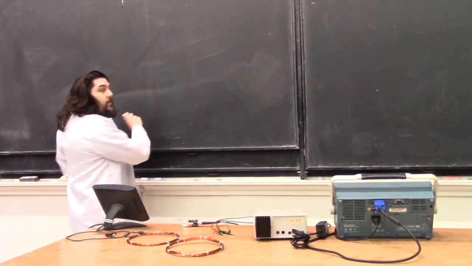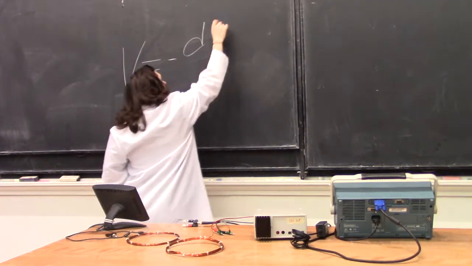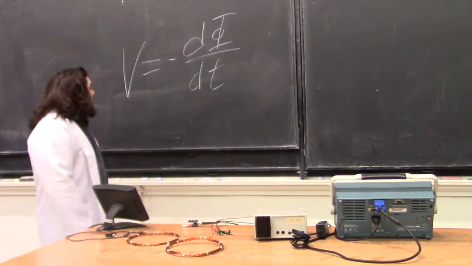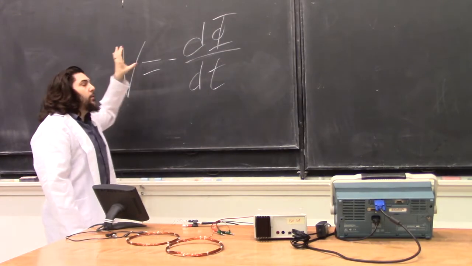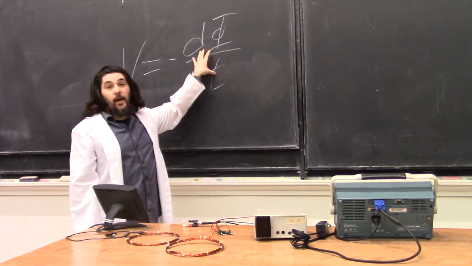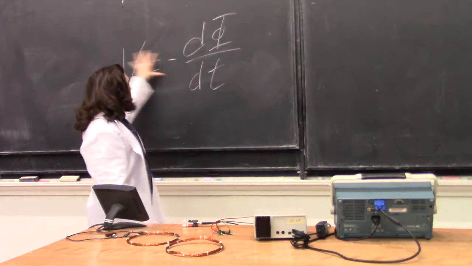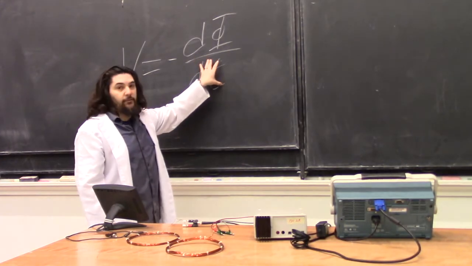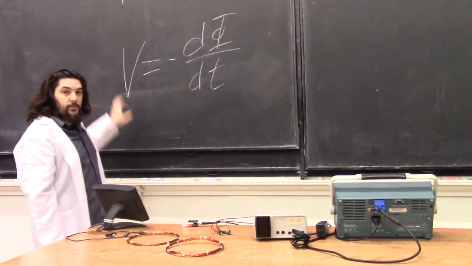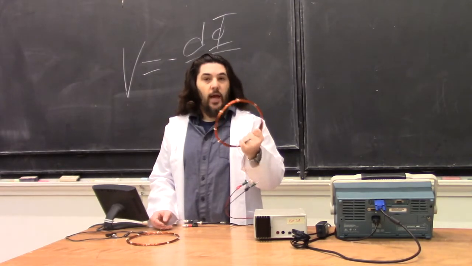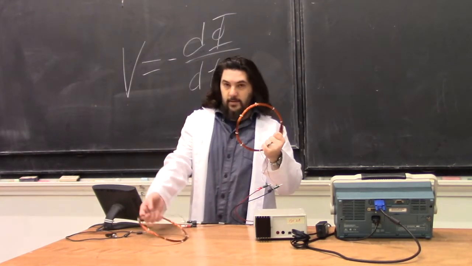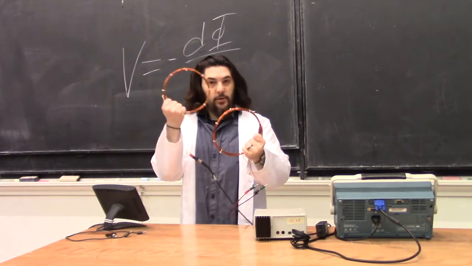We of course remember Faraday's law. One way to read this is if you apply a voltage, it will create a changing magnetic flux. But you can read it backwards. A changing magnetic flux will induce a voltage. So, if I have one wire creating magnetic flux, I can have that flux go into this wire to create